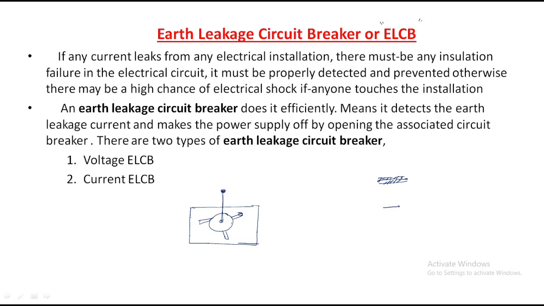Whenever the insulation fails, for example, the open wire makes contact with the body. Generally our fan is made with an iron body, and iron is capable of conducting. When you touch it, some current is already flowing through it. That current flows in the iron body, and whenever you touch it, the current flows through your body. Then automatically we get a shock.